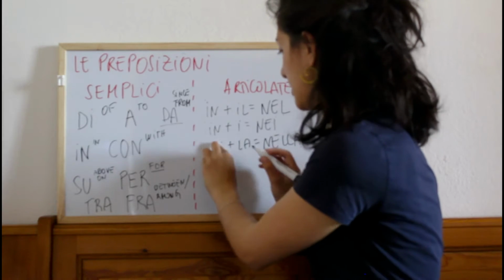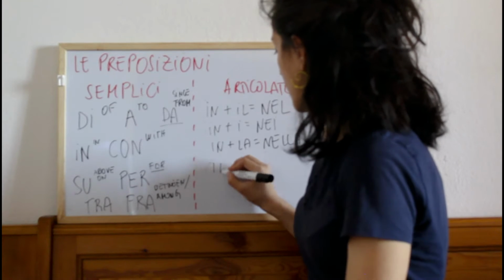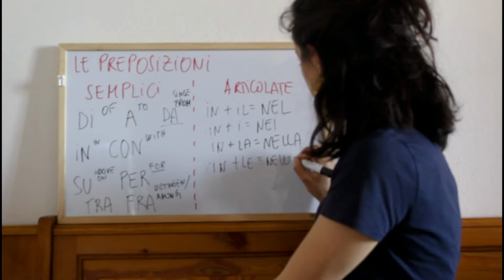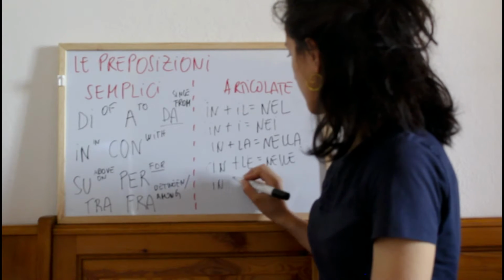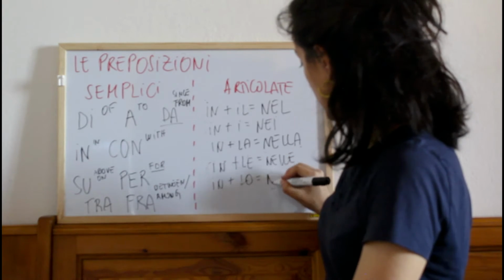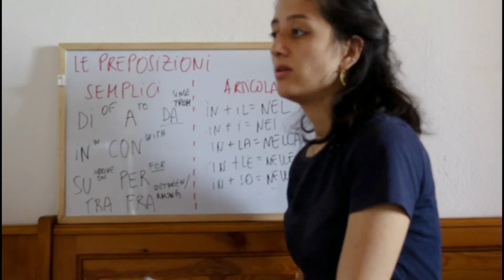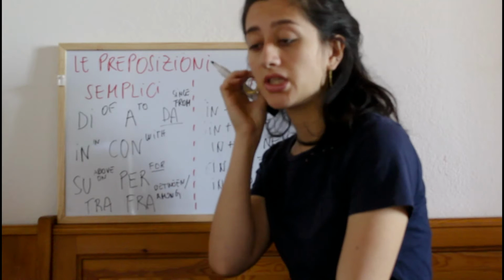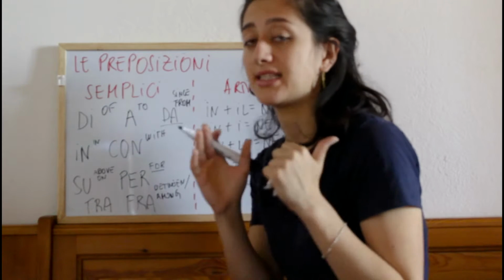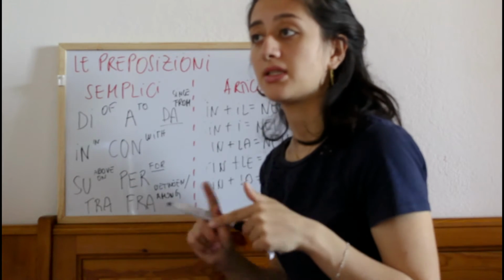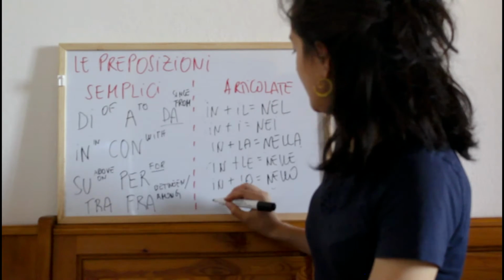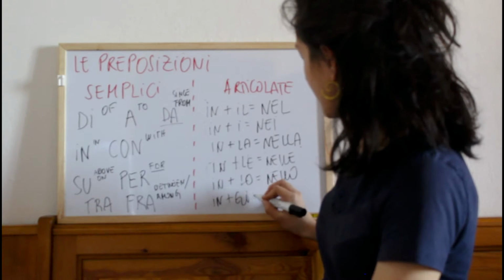So we have, sorry, here it's not ne, it's in, of course. In plus la, le becomes nelle. Then we still have in plus lo becomes nello. We use nello still with the same words. The 5 plus 1 exceptions, so words starting with sp, sk, sh, ny, z, and the plural words starting with vowels. So, in plus gli is negli.